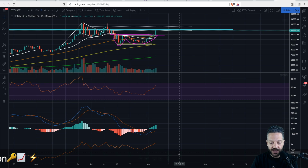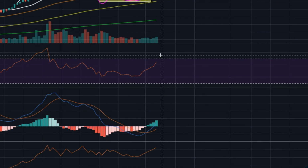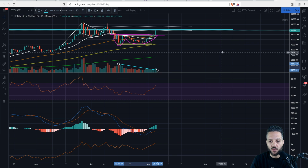Now, on the daily, every indicator looks like Bitcoin is actually going to eventually break this resistance. The only thing that worries me is the volume, right? So when we have significant moves up and the volume does not increase significantly, that is the first telltale sign in any market that we're dealing with a bull trap. Now, I'm not calling this a bull trap yet